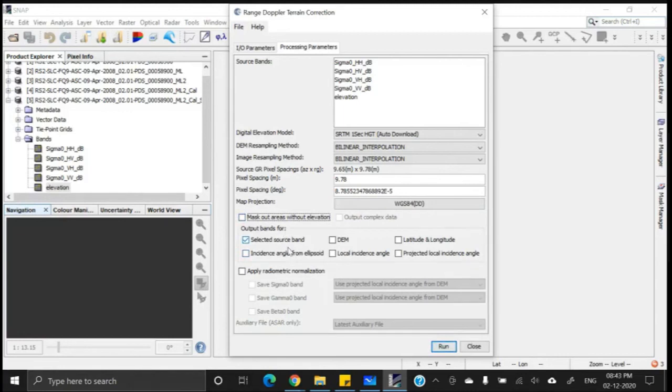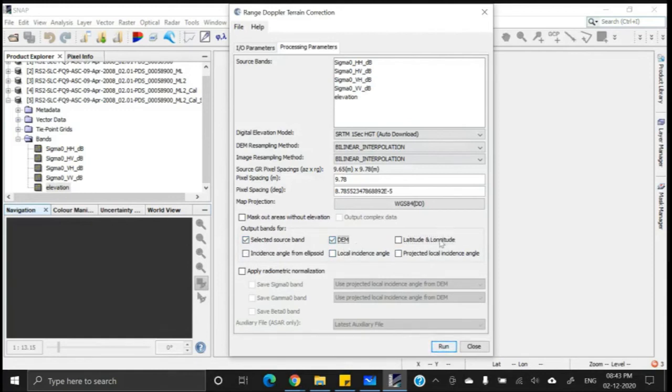Then output bands, selected source bands, means all of the selected source bands will be given in the output. DEM can also be given in the output. Lat long images can also be given in the output. However, we are selecting only the selected source bands and DEM.